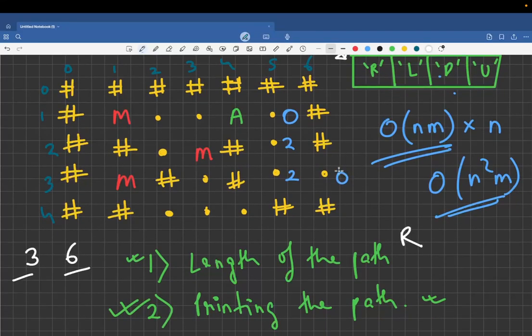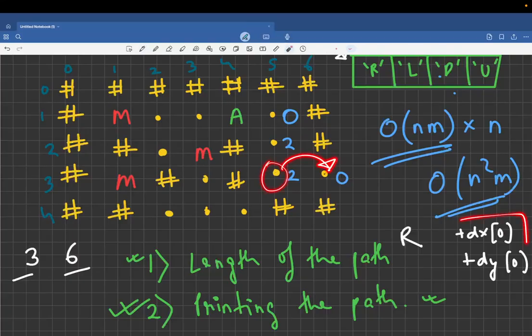Now I know that I traveled right, that is, I followed index 0 direction to reach over here. If I was standing over here, whatever was present at dx of 0, I would have added that to reach this coordinate to get the new row, and to get the new column, I would have done plus dy of 0, right? These were my new coordinates.